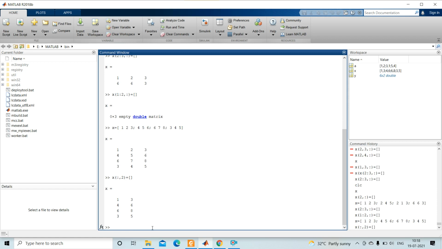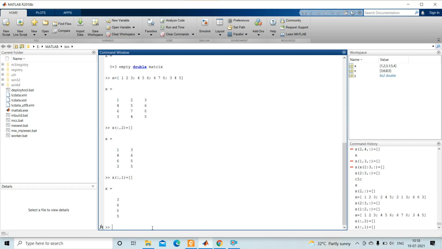Okay, if I want to delete the first column, I write x bracket colon comma 1 equal to null vector. So I need to write 1 over here.